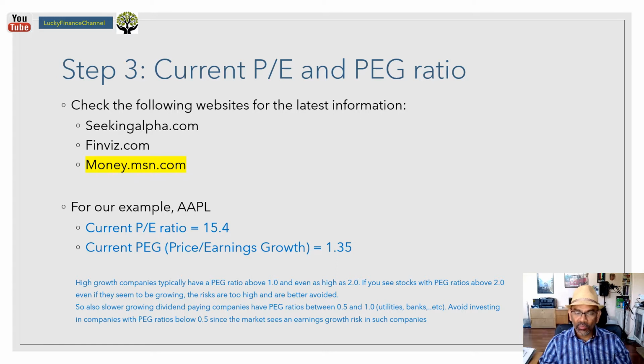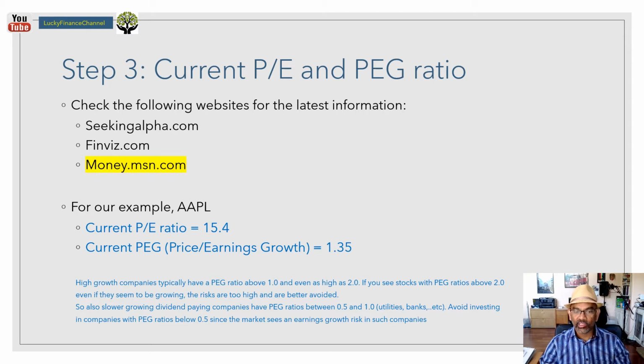Now, typically, what does the PEG ratio mean? Typically, companies that are high growth have a PEG ratio that's above 1, and it could be as high as 2.0. You will see some companies that don't have enough history that have really high PEG ratios, 4, 5, 6, 8. In general, if you see a PEG ratio above 2, I avoid it because that usually has a lot of